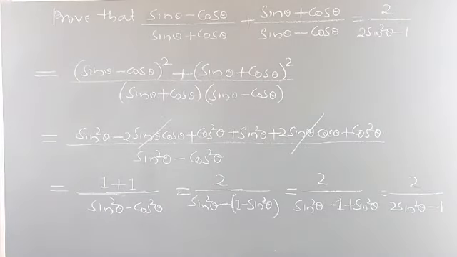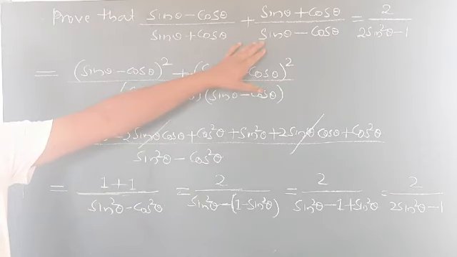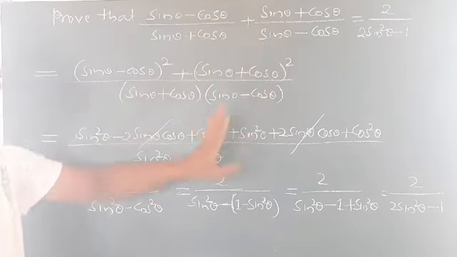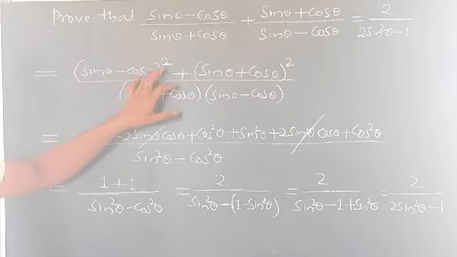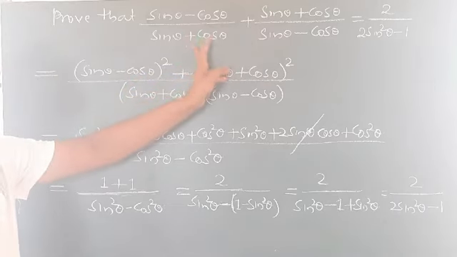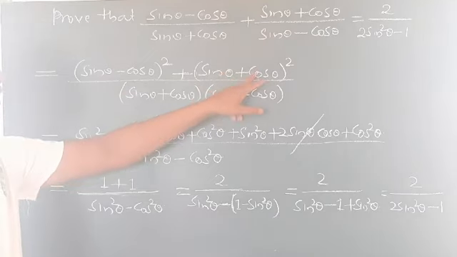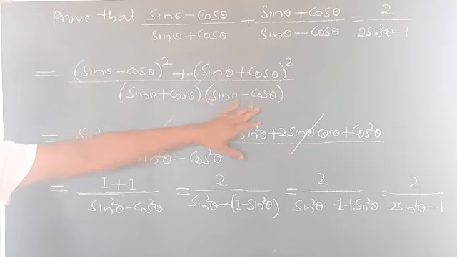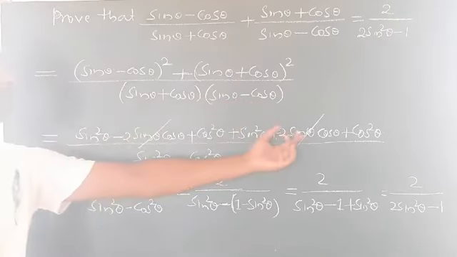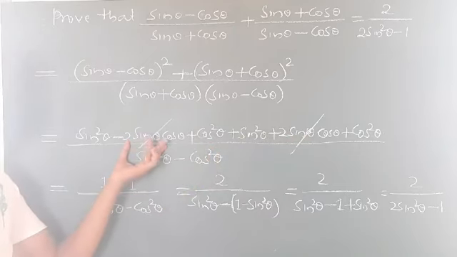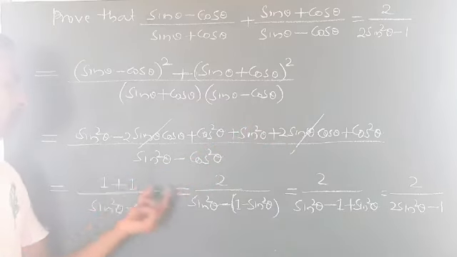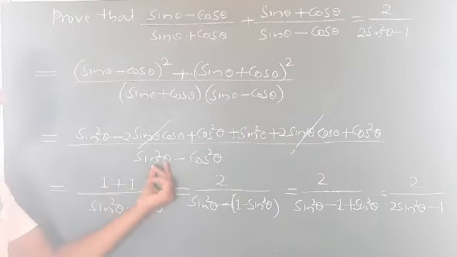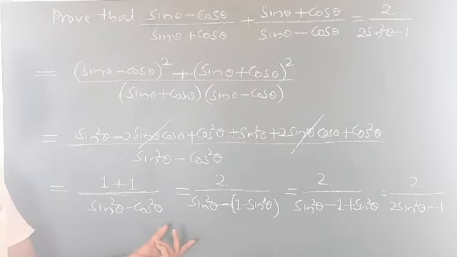Okay, this is a very simple problem. Here you just cross multiply this into this and this into this. Once you multiply, you will get (sin theta minus cos theta) whole square, both quantities are the same, so here also plus, so that's why it is (sin theta plus cos theta) whole square. Now the denominator is (sin theta plus cos theta)(sin theta minus cos theta), and the plus 2 sin theta cos theta and minus 2 sin theta cos theta become cancelled here. Now sin square plus cos square is 1, sin square plus cos square is 1, so 1 plus 1. So here the denominator, it is (a plus b)(a minus b), sin square theta minus cos square theta.